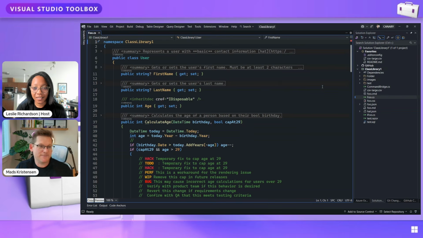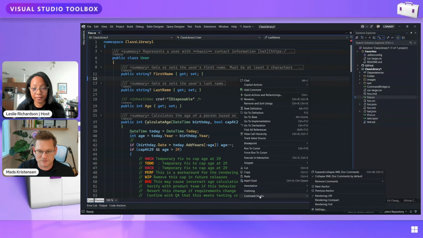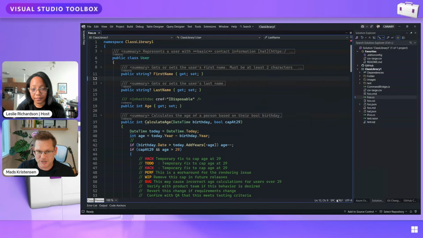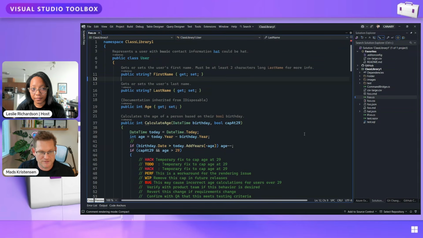That's really good. But now I'm losing sort of the readability. Like, what do these even say? The reason that they're there is to make this more readable, and I didn't really achieve that, I don't think. But for a lot of people, this is enough, right? This is pretty great. But what if I can go in? I'm going to right click again, go down to Comment Studio, and put rendering in compact mode. Check that out.